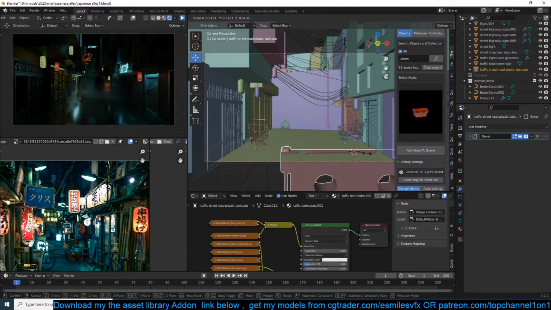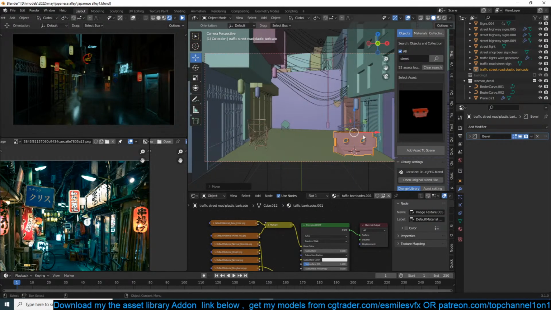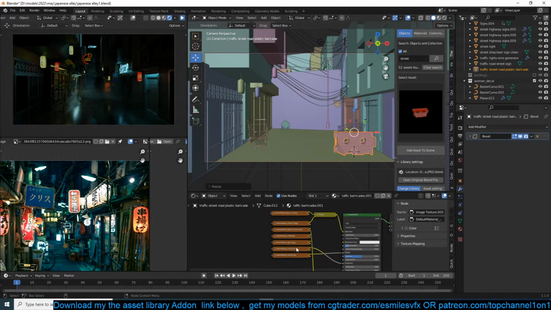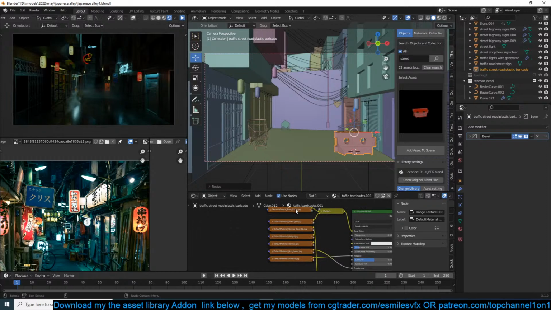Say for example, this model here has, I think, 4K textures. So 1, 2, 3, 4, 5, 6, 7. Those are 7 images with 4K textures.